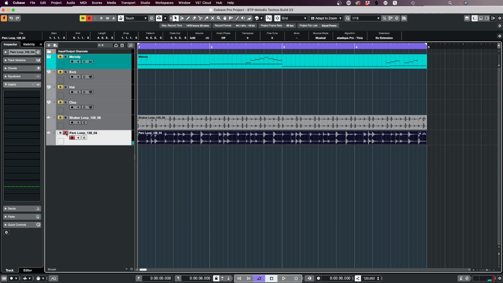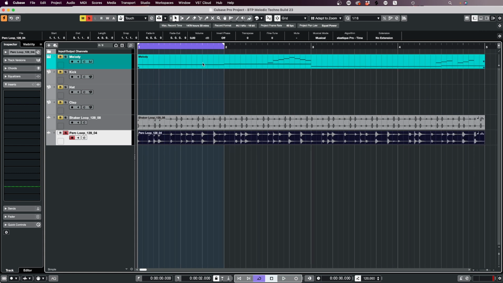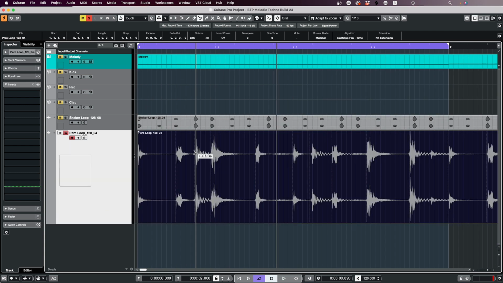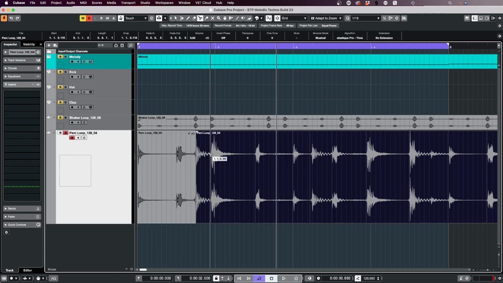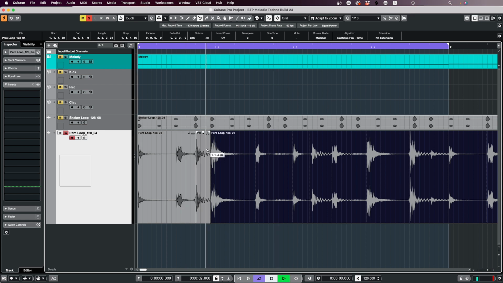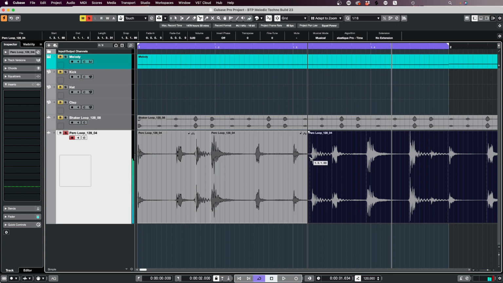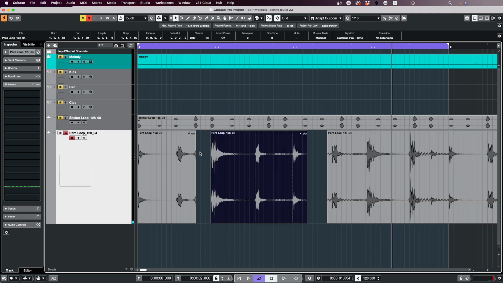And I'm going to start with the perk loop here. And I want to get rid of the toms that are in there. I just want the sort of like hi-hat content. So I'm just going to focus on one bar. Let's zoom this in. And I'm going to use the scissor tool to cut out these bongo sort of areas. So there's one there. And there's one here. So I'm just going to sort of loosely chop these out. So let's just get rid of that one and that one,